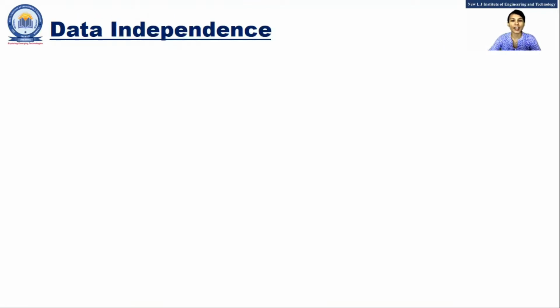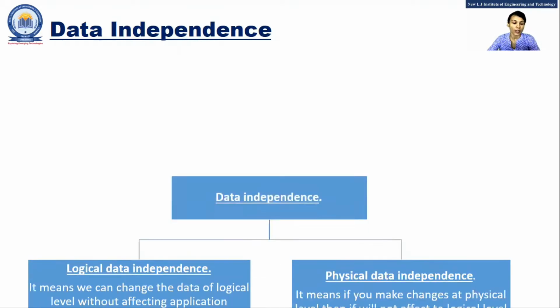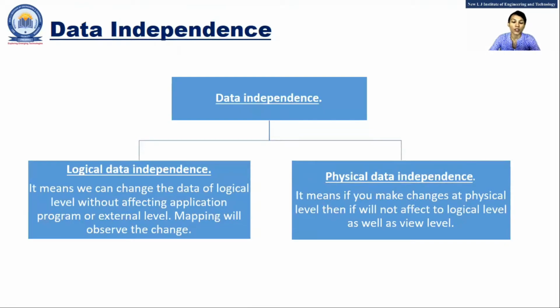So next is data independence. What is independence? Independence means freedom. So for data independence, there are two types: the first one is logical data independence and the second one is physical data independence. So what is logical data independence? At the logical level, we are creating the table, we are renaming the table, or we are deciding the relationship between